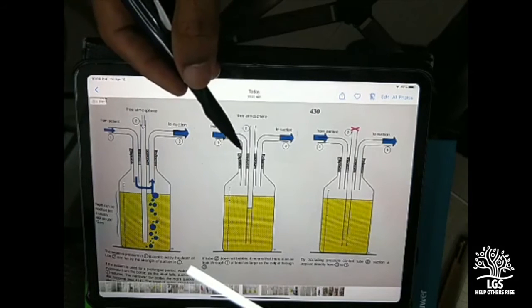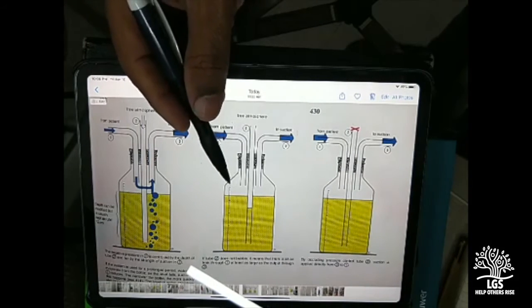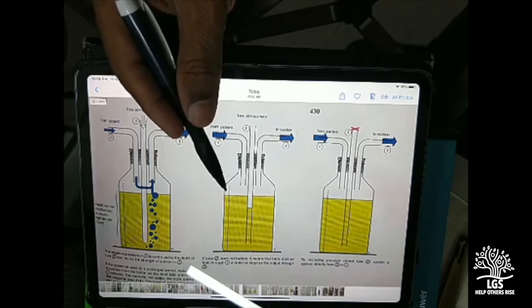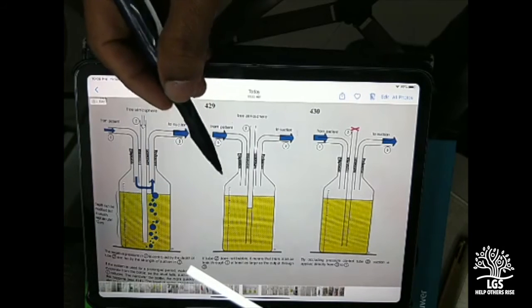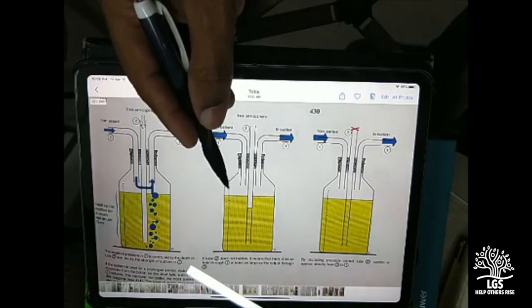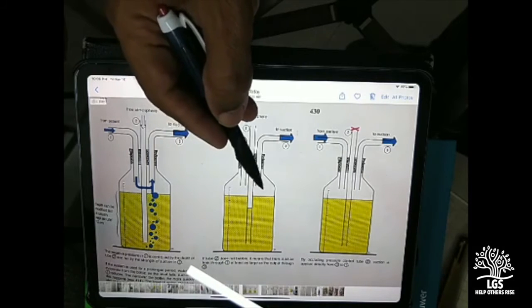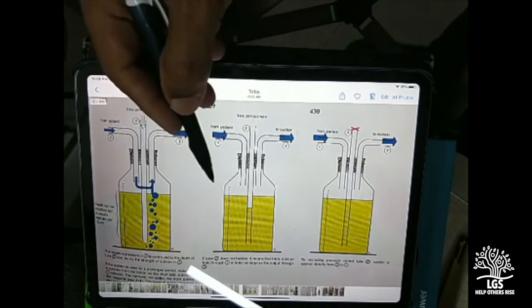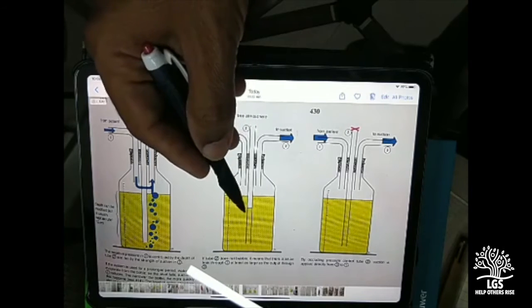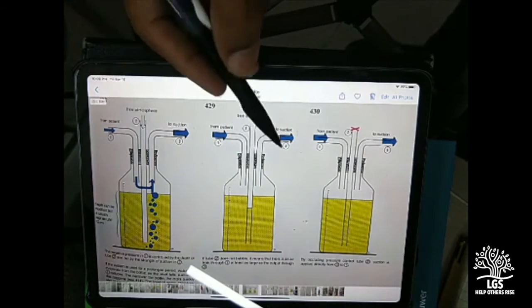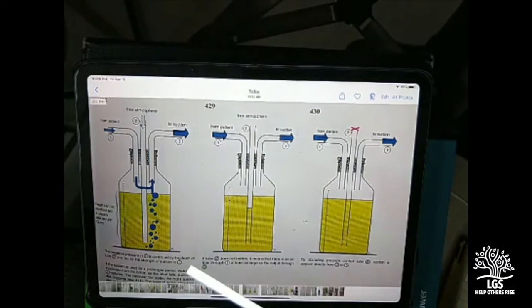If there is no bubbling in this tube, what does that mean? That means the air leak here is equivalent to the suction. So there is a constant air leak, there will be no bubbling in the 3-bottle system. And if you apply occlusion to the central tube, all that atmospheric pressure will be transferred to the patient.